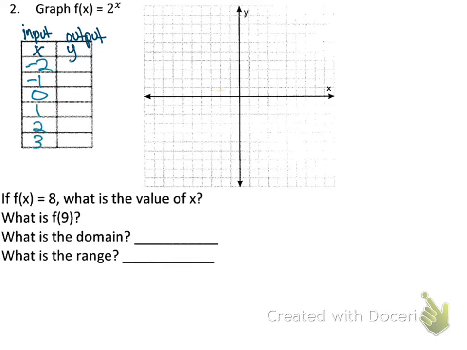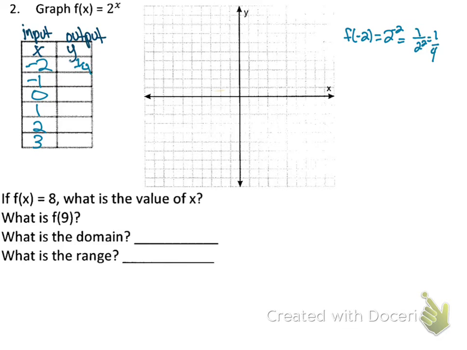1, 2, and 3. I'm going to put each of those numbers into our function in place of x and solve that to see what we get for our y value. So first I've got f of -2 equals 2 to the -2. 2 to the -2 is the same thing as 1 over 2 squared. And so that's 1/4. All right, so we've got y is 1/4